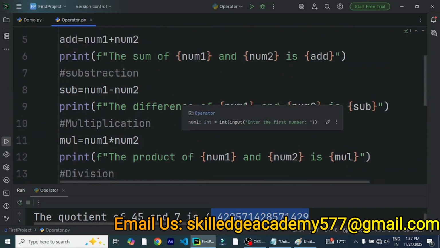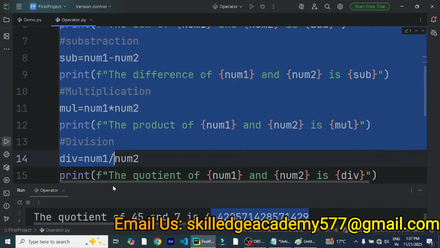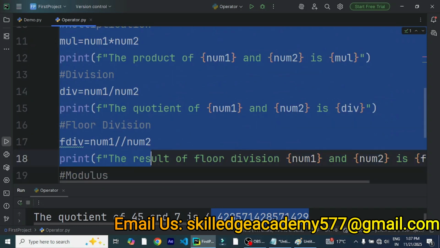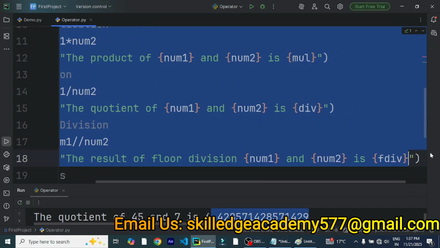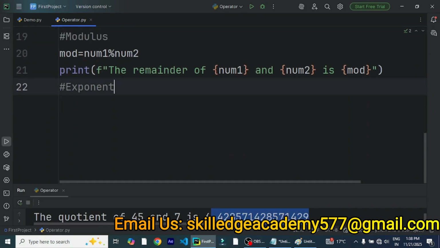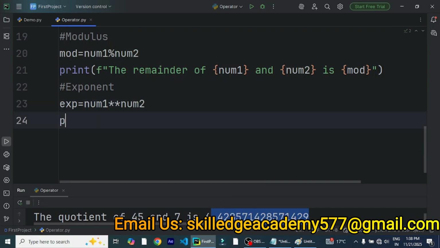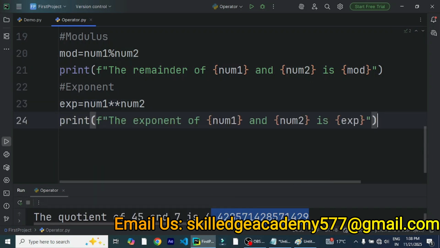And let's first comment all the previous operations. We have already looked at the floor division. Till floor division we have already checked, so no need to display them because that will simply increase the output. So we need to focus on the last two operations. Similarly, if I have to check the exponent, exp is equal to num1 exponent num2, and the answer will be the exponent of num1 and num2 is, let's check the answer, let's run the program, operator,